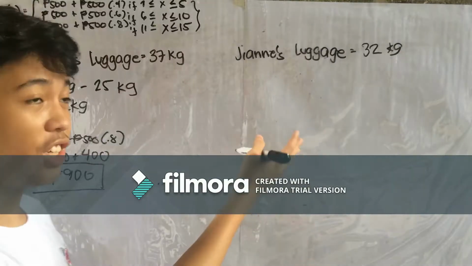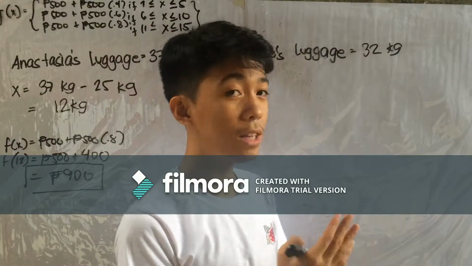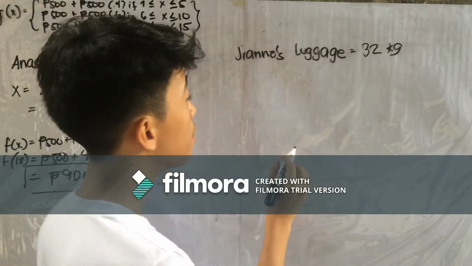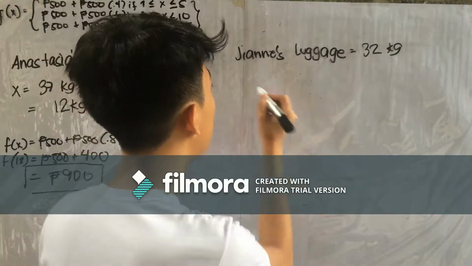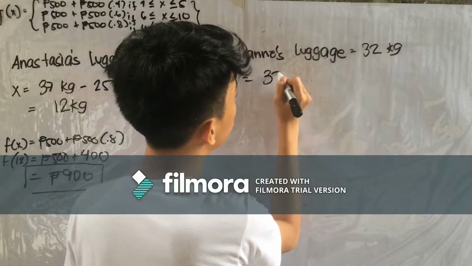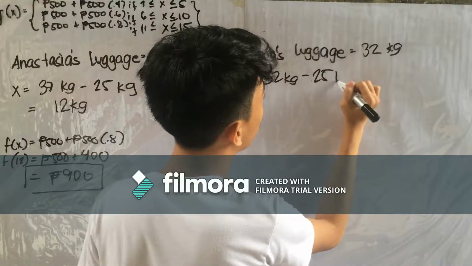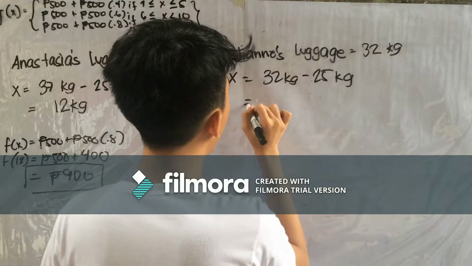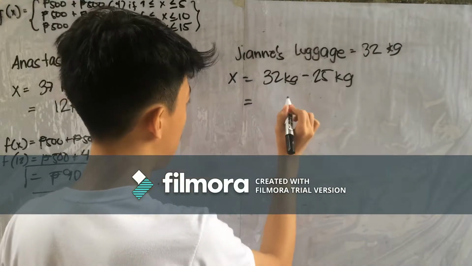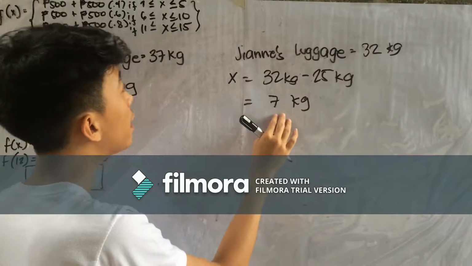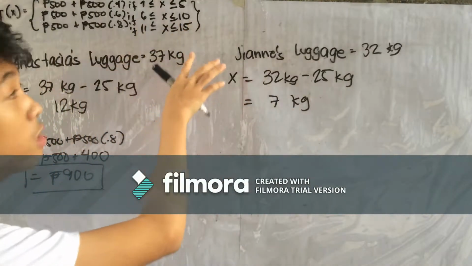So, para naman kay Gian, ang dala naman ni Gian na luggage ay tumitimbang na 32 kilograms. Katulad ng ginawa natin kanina, X is equal to 32 kilograms minus the maximum weight per luggage, which is 25. Makuha natin dyan is 7 kilograms. So, nakikita natin na nagpo-fall ang 7 kilograms sa 6 to 10. So, gagamitin natin